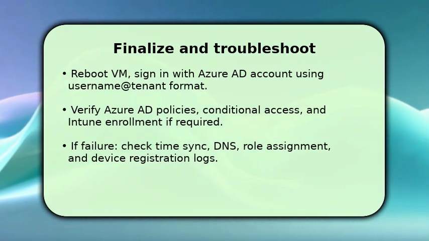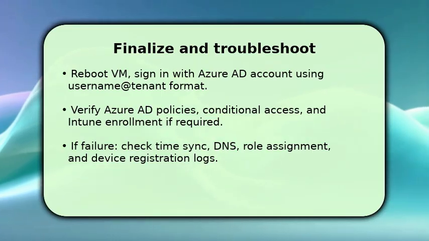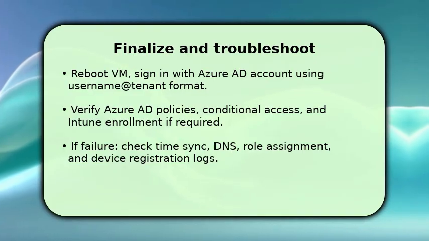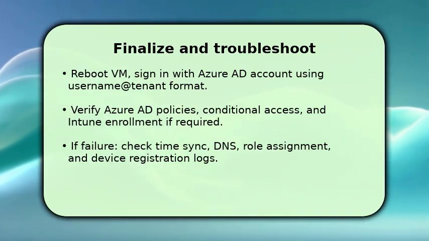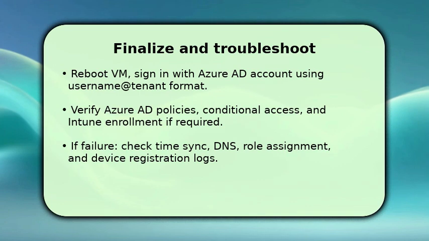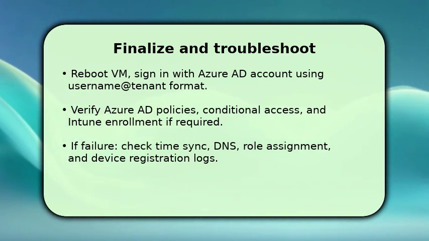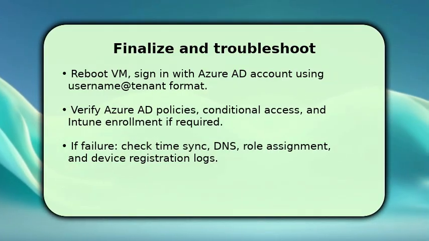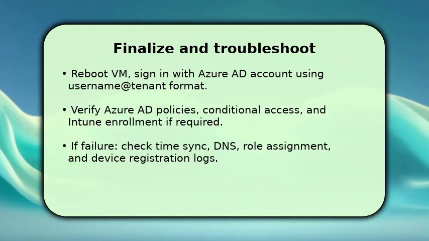Make sure conditional access and device compliance policies are applied as expected, and enroll the device in Intune if needed for management. If you encounter problems, check time synchronization, DNS resolution, and network access. Then verify the VM user has the virtual machine administrator login role and that the device appears in Azure AD. One key troubleshooting tip: inspect the event logs and device registration status in the